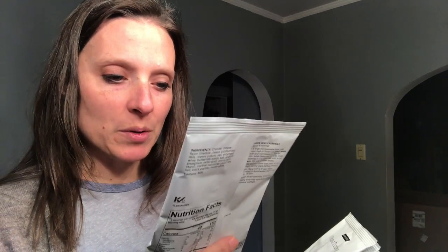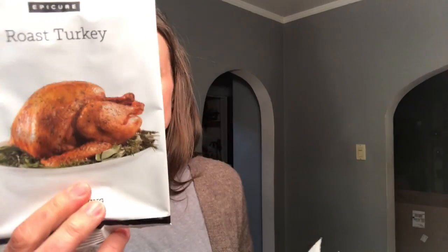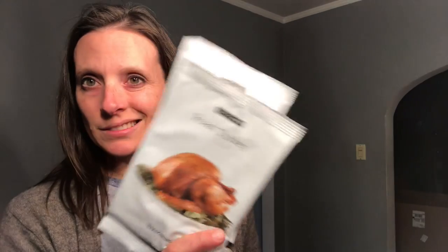So it's just milk, mayo, this mix, green beans, and actual onions versus French fried onions, and you are done. Can top it with the slivered almonds if you want. So 2 packages of that, and then 2 packages of this roast turkey seasoning. So to summarize the best Thanksgiving ever set, it would be 2 of the roast turkey, 2 of the green bean casserole,